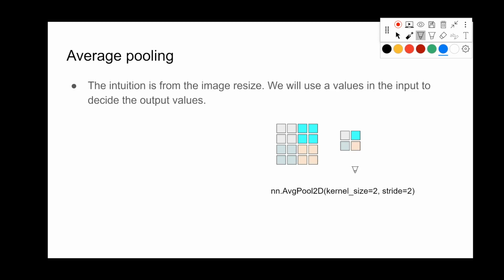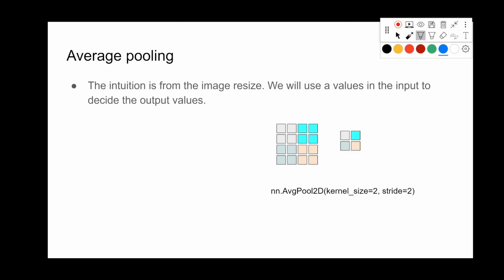And we have 2 types of pooling. The first one is the average pooling. The average pooling is an intuitive choice of the pooling operation because of the image resize. In the image resize, we will reduce the size of the image by 2 by using the average pooling here.